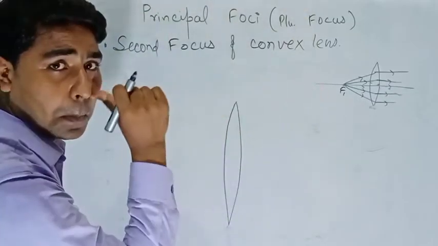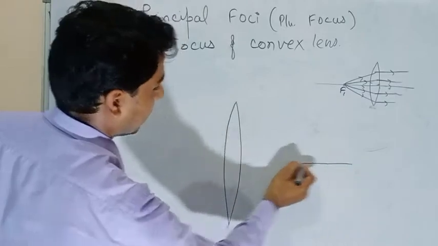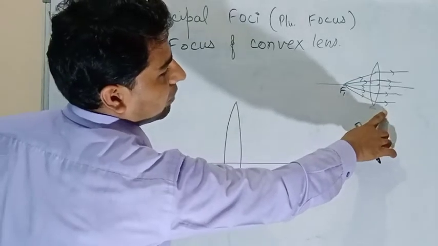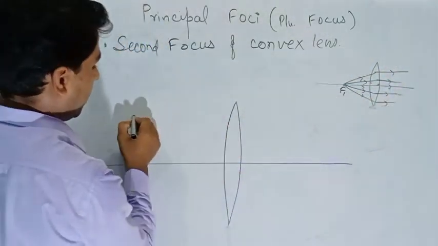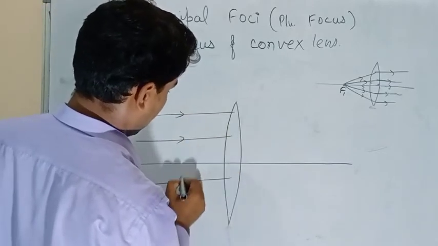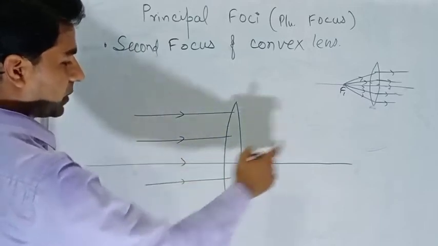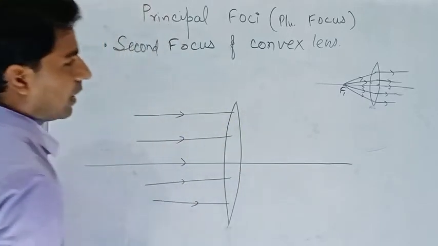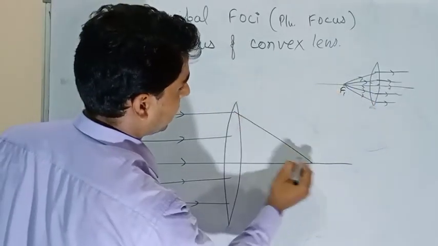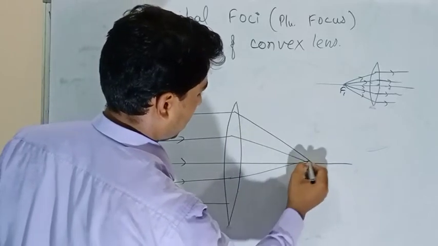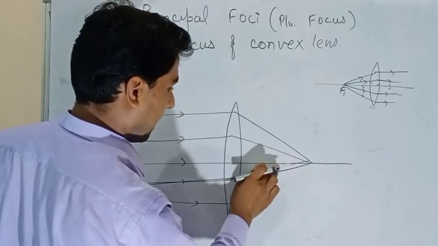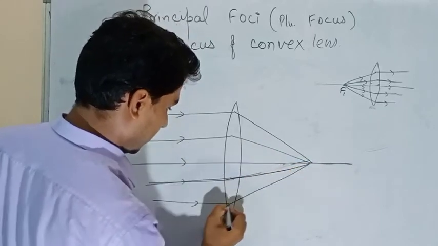I'm just flipping the diagram to see what is happening. See here, this is the lens and this is the principal axis. On flipping the diagram, what will happen? All the rays will come parallel, coming parallel on the lens like this. You can consider one ray along the principal axis also. And flipping the diagram means the rays are converging at any point. So this is the point where they are converging. Not exactly, this will look like this, and last this one.